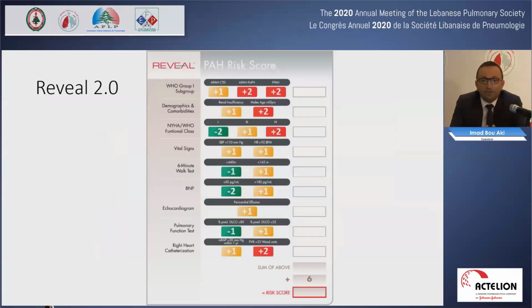So the number is minus, but you have to keep in mind that at the bottom, whatever you get as a sum, you're going to add 6. And this is how you can get a 0, because you have minus in green. If all is minus with a 6, the score can be 0. But what does the score mean?